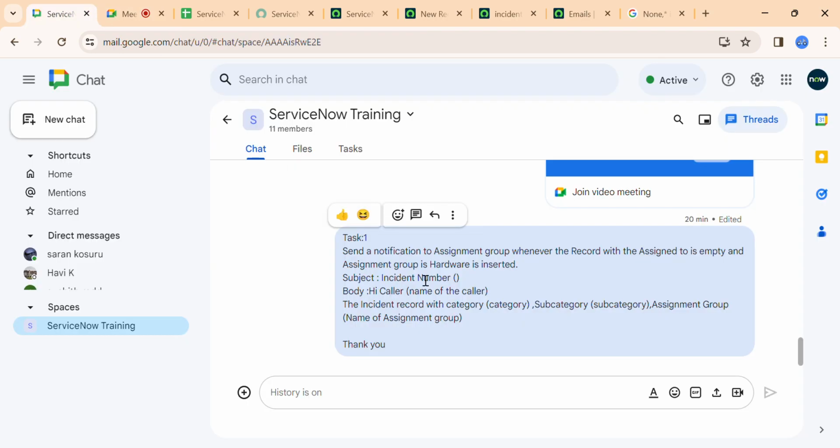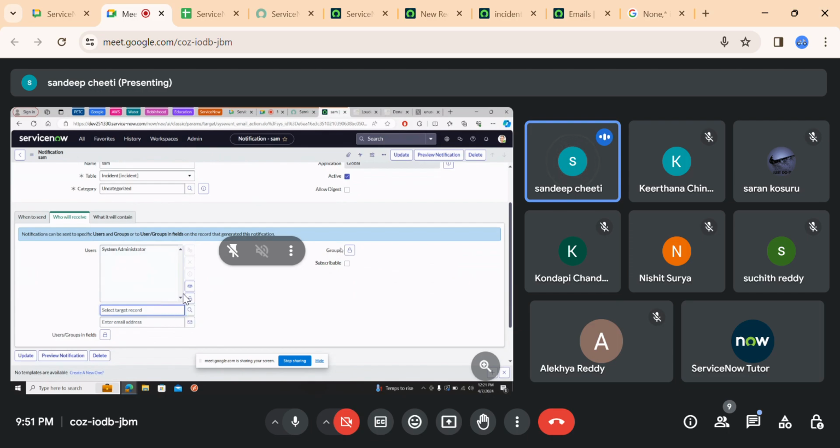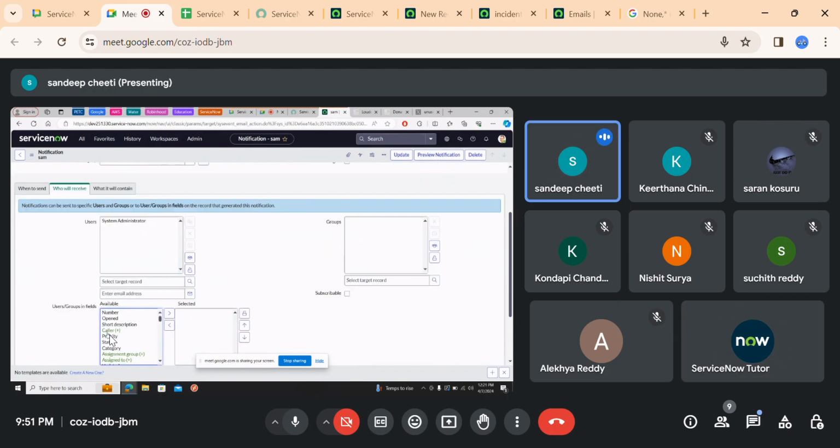So here the use case is to send a notification to the assignment group. Assignment group. Yeah, you can remove this. The assignment group, which is there in the incident record, you have to select from the users, groups, and fields, because it's a field in the incident form.